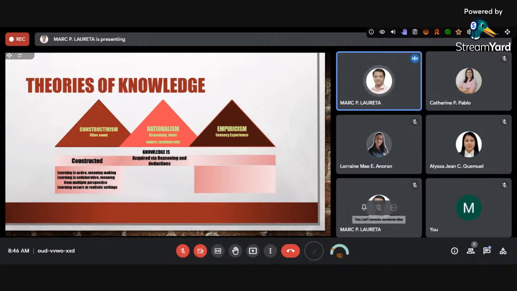Then, with regards to empiricism, the focus is on how learners experience reality by themselves, what we call self-paced. So, learners' sensory experiences dominate the learning process. What they hear, what they see, what they touch are important parts of the learning experience when it comes to what we call empiricism. Then next,